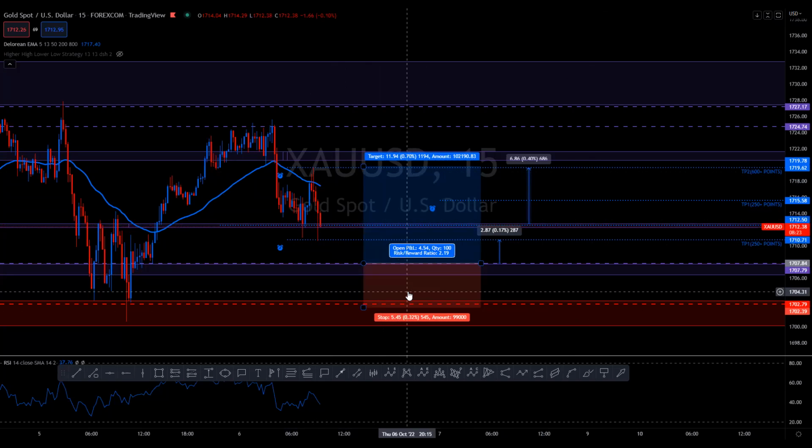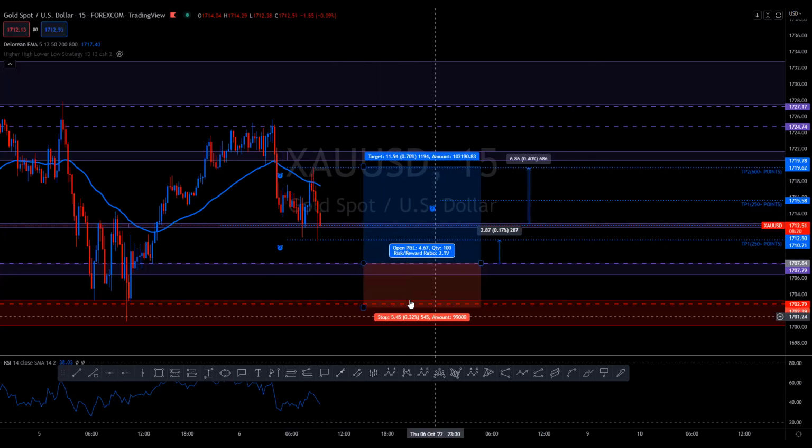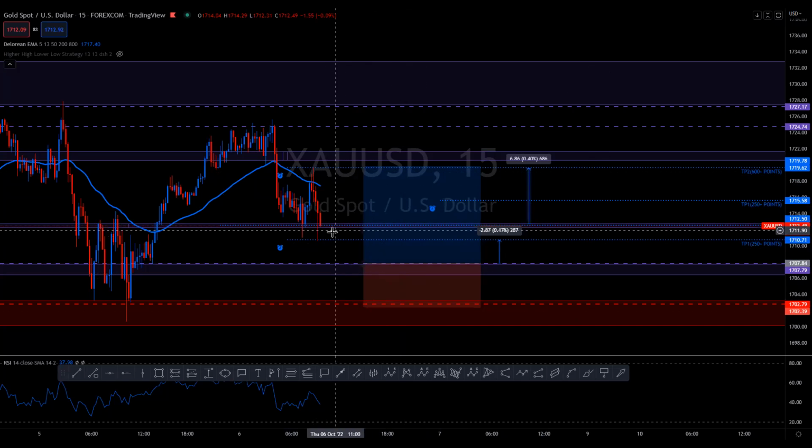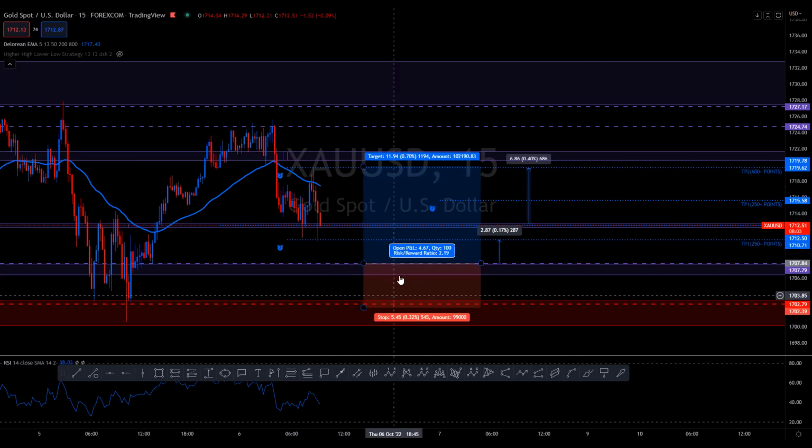It's a possibility that I might sell it down to this point and then buy it up, which is understandable. But I want to wait until the 9:30 bell and see if price is either going to respect this area and buy up, or is it going to just sell down and go down to here.